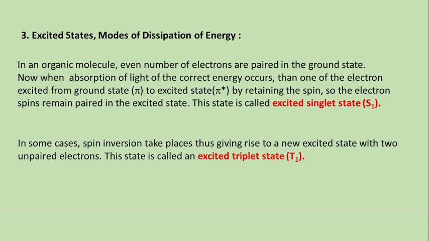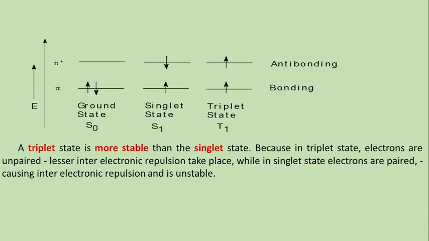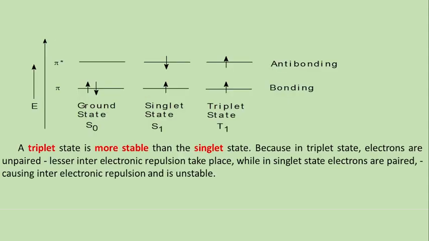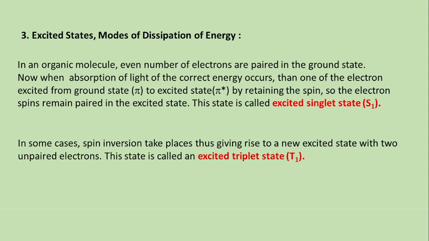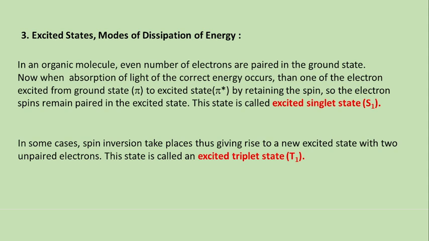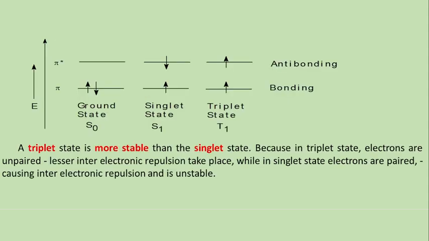Now when absorption of light of the correct energy occurs, one of the electrons is excited from the ground state. We see the ground state energy level is 0, that is pi, and the excited state is pi star. By retaining the spin, the electron pair remains paired in the excited state. This is called